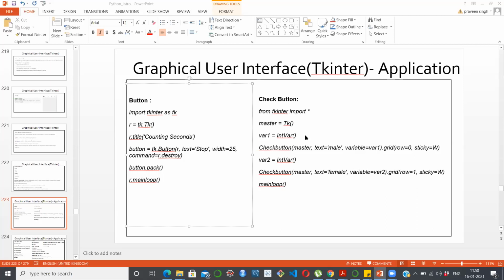And there I'm giving one check button which is named as male, and then another check button which is named as female. So I am giving two check buttons to the user so that they can use the check button and select one of the buttons.